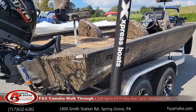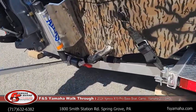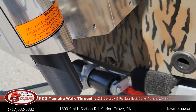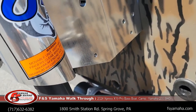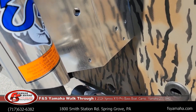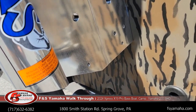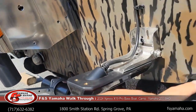There are lots of things that go into that, but we'll start with the hyperlift hull. That means there is a hull with a pad, which I'm pointing to there at the bottom of the boat. That pad's about 12 inches wide and about 2 feet long. The idea is that when the boat's running fast with the motor trimmed up, the only thing in the water is the pad. That makes the boat go faster, and it makes it ride better because very little of the boat is in the water. And then along with the aggressive steps